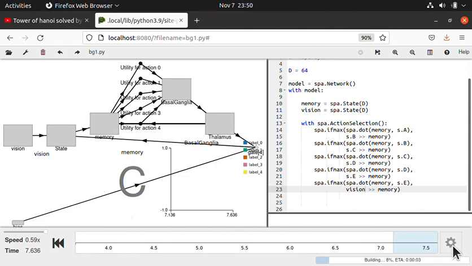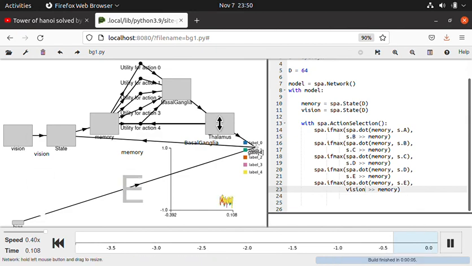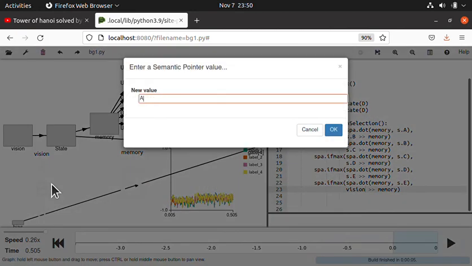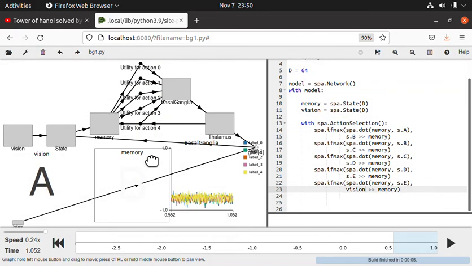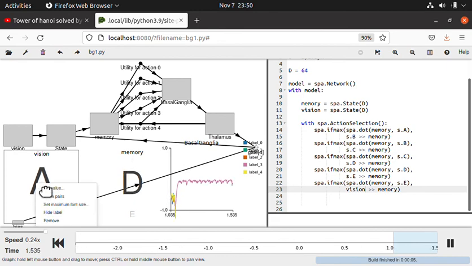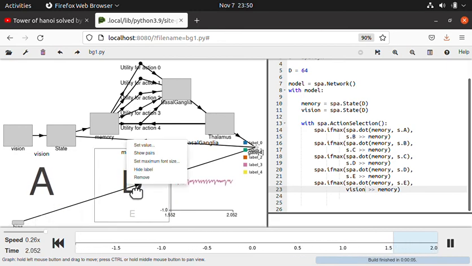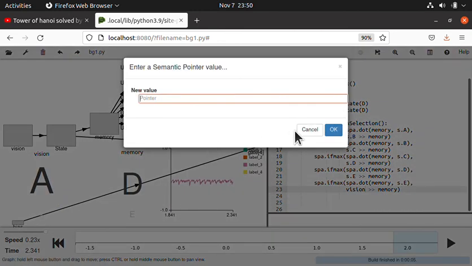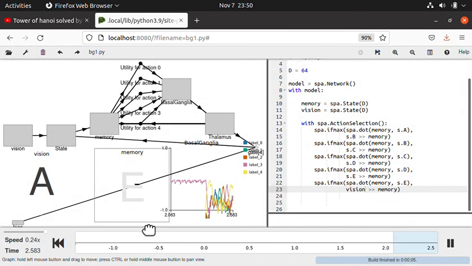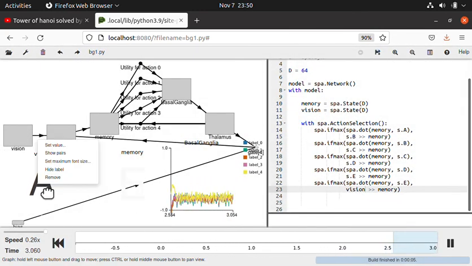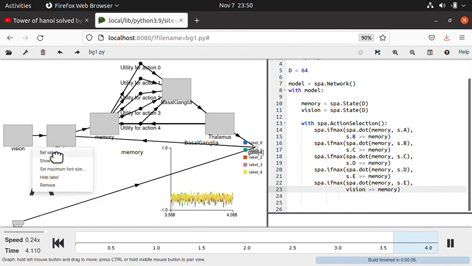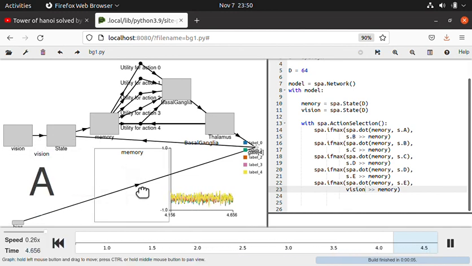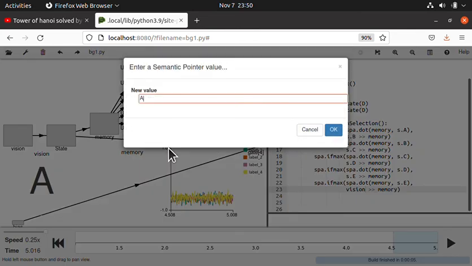So now I'm going to set my memory initially to D. Let's take away that D, and we'll leave that there. Set value to A,